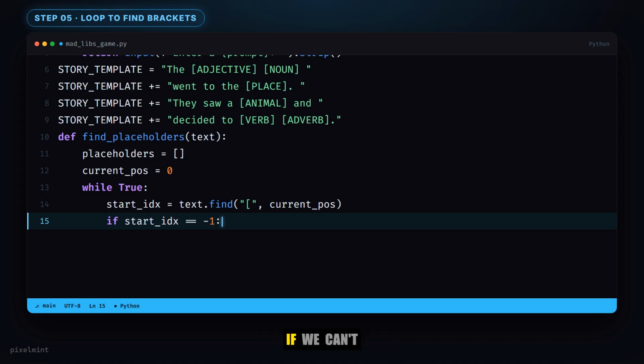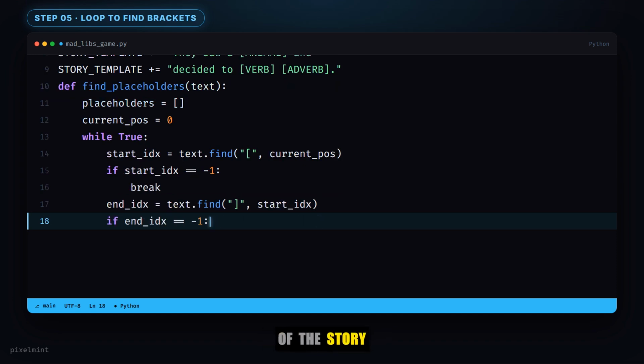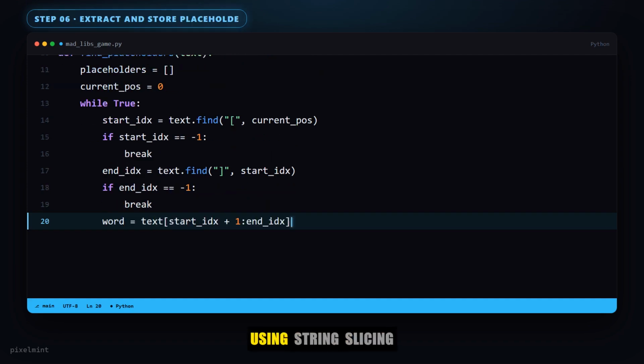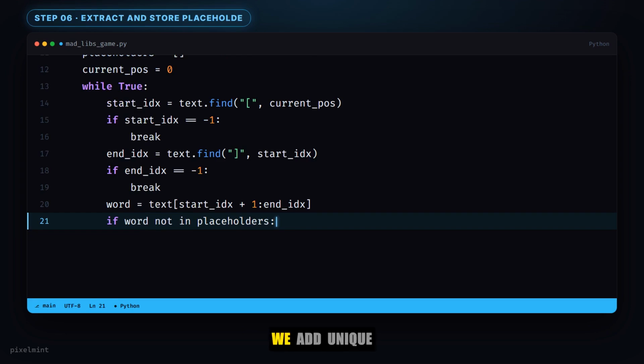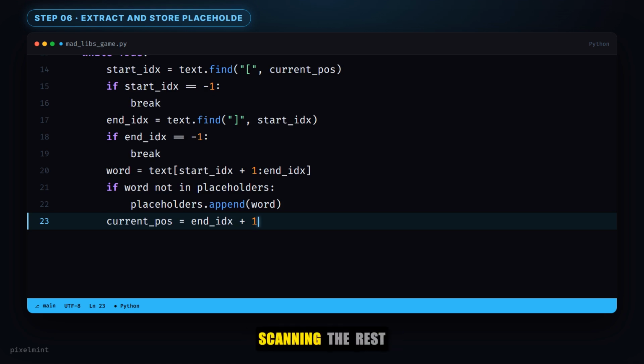brackets. If we can't find either bracket at any point, it means we've reached the end of the story or an invalid placeholder. Once we find a pair of brackets, we extract the word inside them using string slicing. We add unique placeholders to our list and then update our search position to continue scanning the rest of the